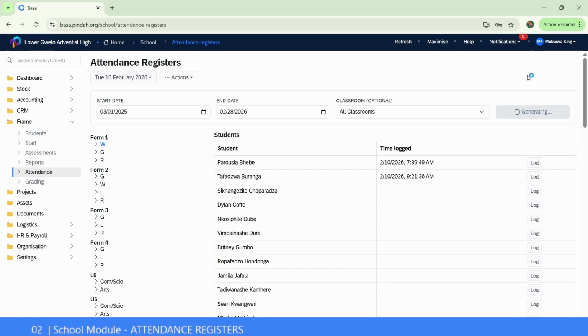The system will take some time generating the report, and after you're done, it will download the report onto your machine. After the report is downloaded, you can see the report here has been downloaded. So after the report is downloaded, you can open it using Excel and see your students' reports and